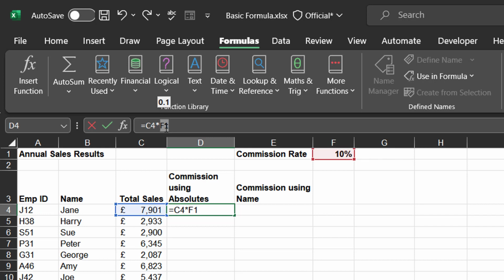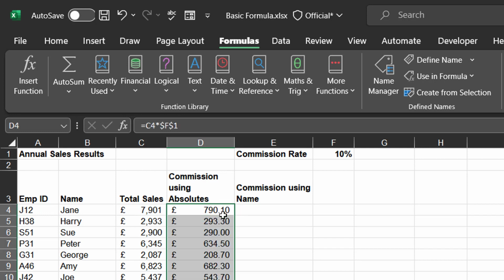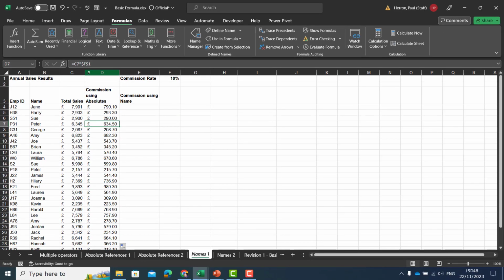So I'm going to click the F4. Now doing that once has put the $ in front of both the F and the 1, which is fine. That's going to work for me. Okay. Click on that and then I can just copy that formula all the way down to the bottom, and